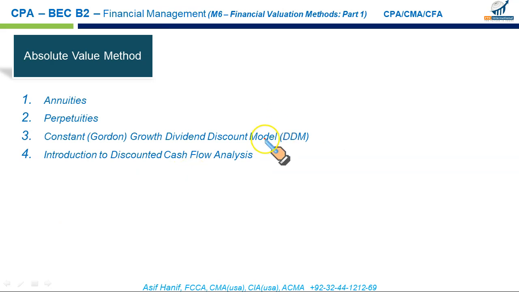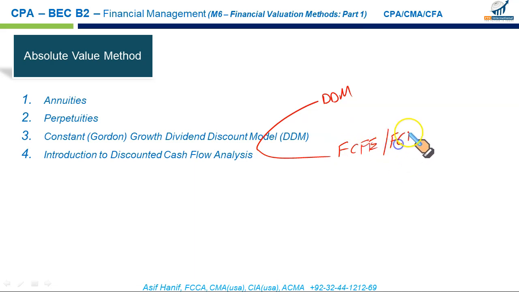I told you there are 3 versions. The first one we have done, the dividend discount model, discounting the future dividends. Second is using the free cash flow to equity or free cash flow to the firm. I just explained this, FCFE, or just the FCF, free cash flow for the firm. The third one is called the residual income. I'm sure you are aware of this terminology.